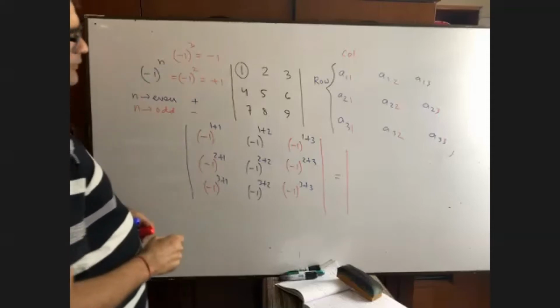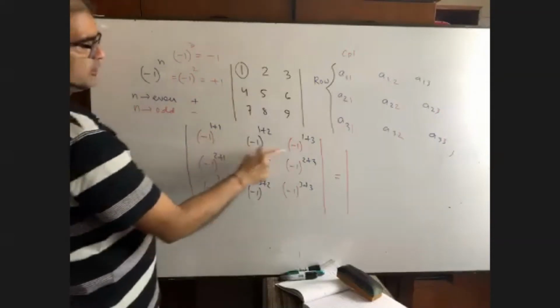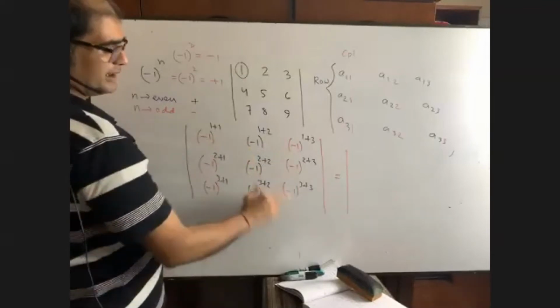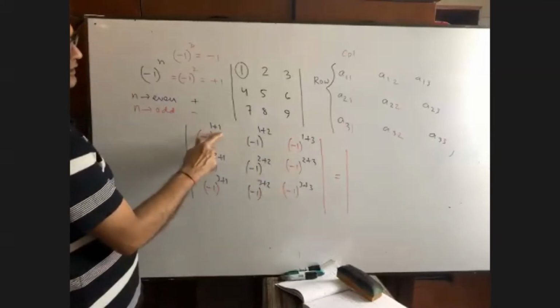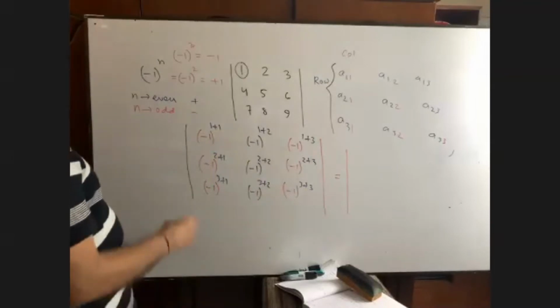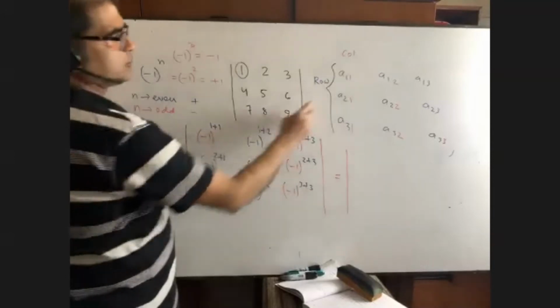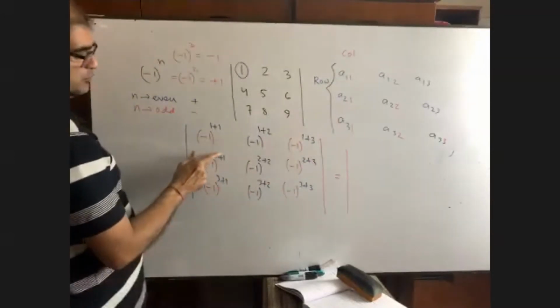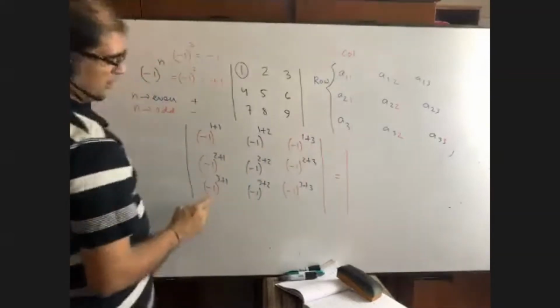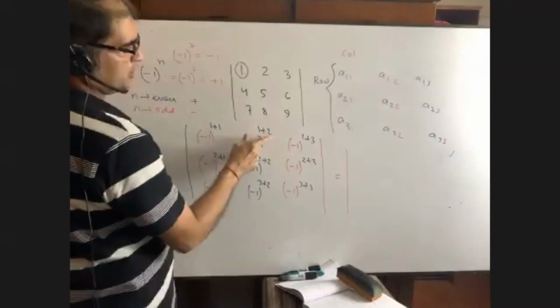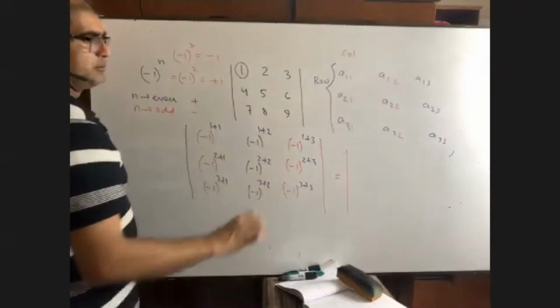Now you see, I have taken all -1, -1, -1, -1, -1, -1, -1, -1, -1. Please mute yourself. This 1 plus 1 has been written from this 1, 1. 2, 1. For this I have written 2 plus 1. 3, 1. For this I have written 3 plus 1. It is 1, 2. For this I have written 1 plus 2. And in the same way, all have been written.